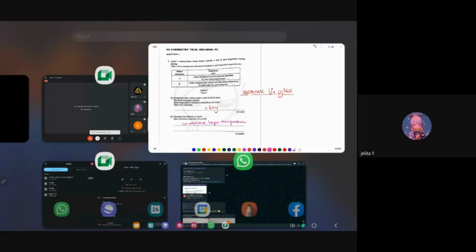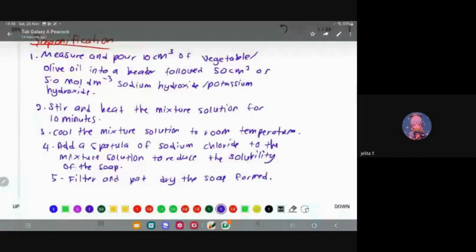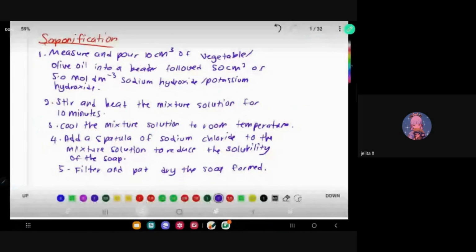Okay, now you have to memorize the essay. You see, measure. First sentence, you have to say measure. Normally I ask my students to just write measure first, the first verb or word that you write when the question is asking you to describe a laboratory experiment. Now you have to add in apparatus and material. When the question asks for an experiment, so apparatus will be what? Beaker, measuring cylinder,